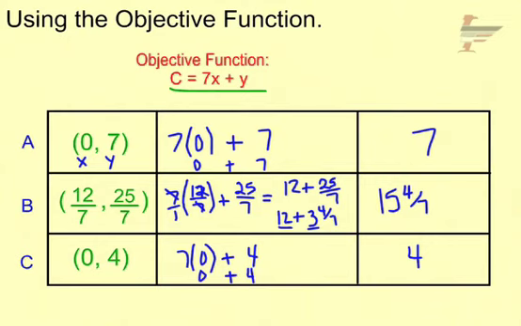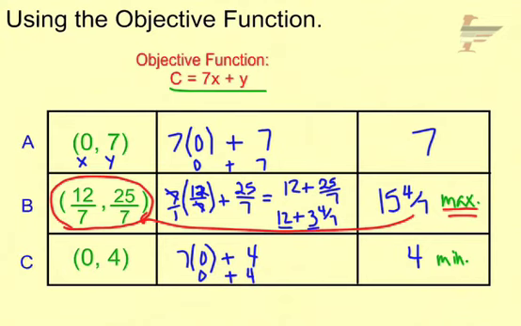Now if the question was asking us to maximize something, we would be looking for our maximum value, which would be 15 and 4 sevenths. If we were trying to minimize something, we would want to pay attention to the 4, because that's our minimum value. And if this was associated with a word problem and we had to answer a question, if we had to maximize something, what we would do is look back at the x and the y value that gave us the maximum value,